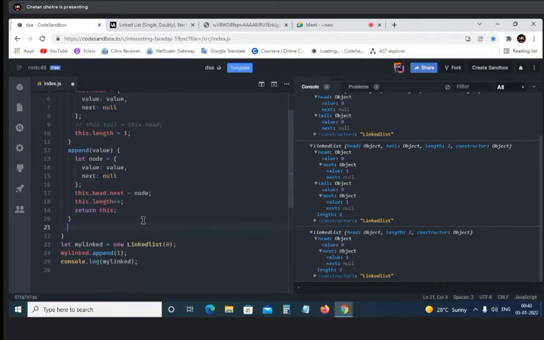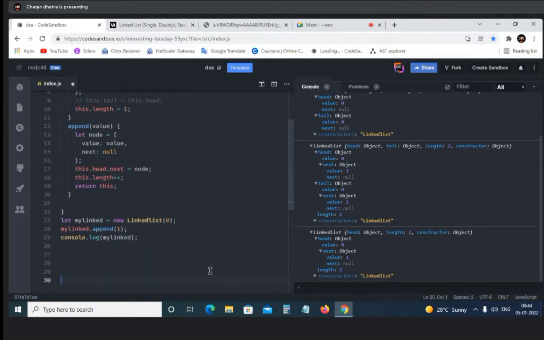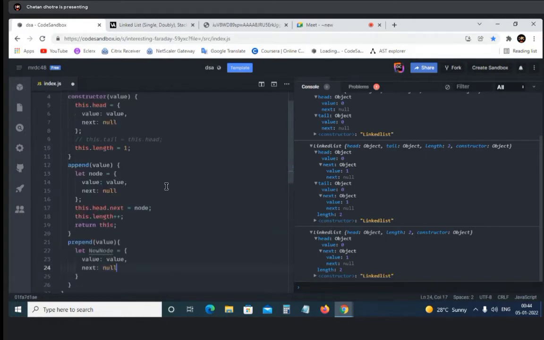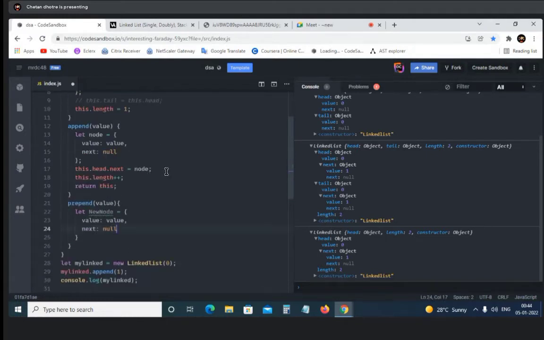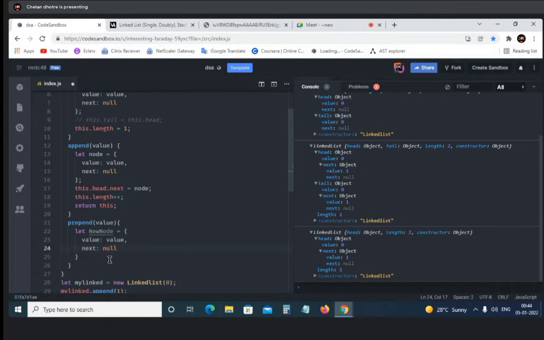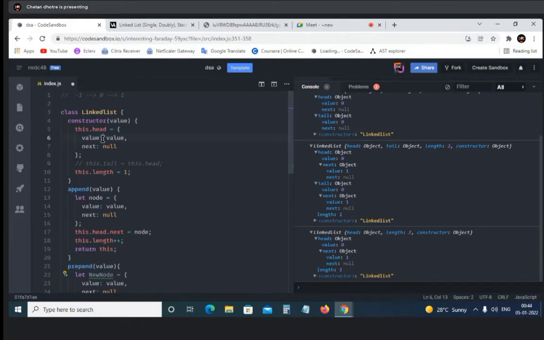So we will also be calling it. Let me move down a little bit so we can see easily. I'm going to name it prepend, and prepend is also going to have the value. And in this case, we are also using another node. Same thing, deprecating. Since we have been saying from the beginning that the linked list is a collection of objects, that's why I'm using objects everywhere. So now this is a node, this is the node, this is new node, and this is our head. So there are 3 objects.